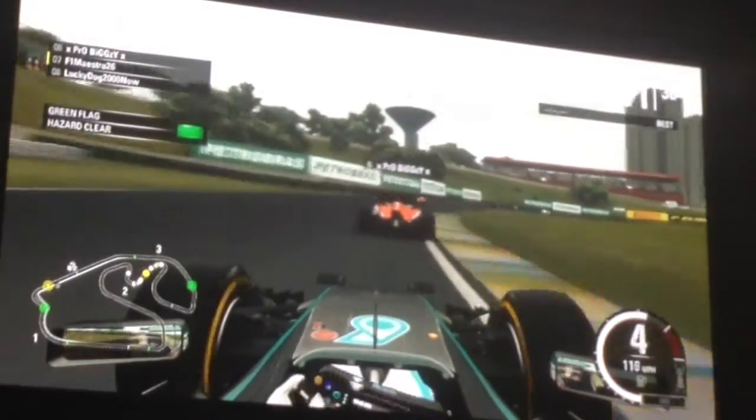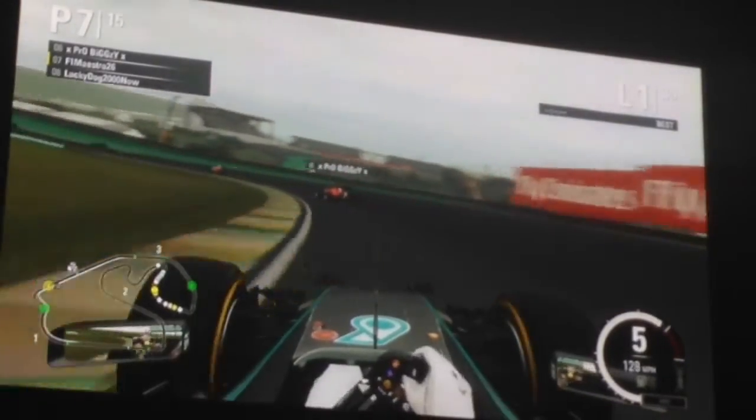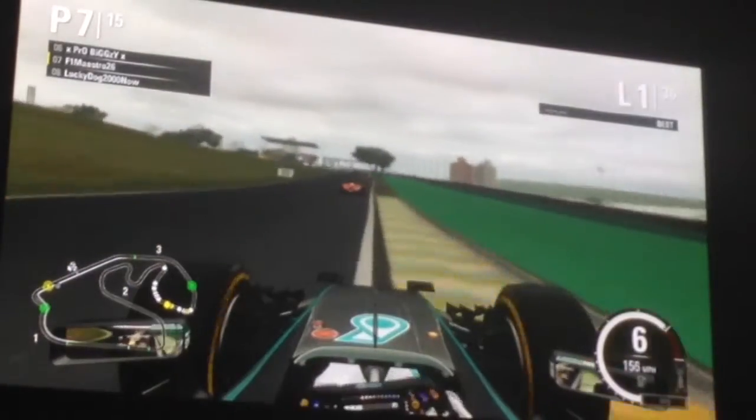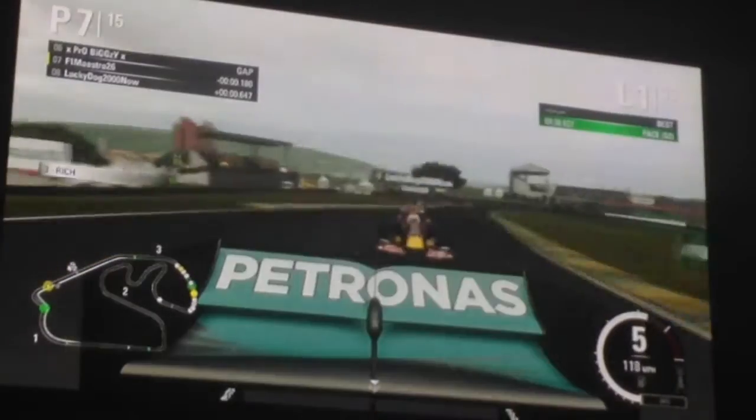We went up the inside there of Big C, but we couldn't make the move stick, and then we thought about going up the inside again here, but we weren't really close enough, so that wasn't necessarily the most clever move, as it's not given us the greatest of exits. As we head down towards the final corner, Lucky Dog has actually hit us there, but it hasn't compromised us at all as we head